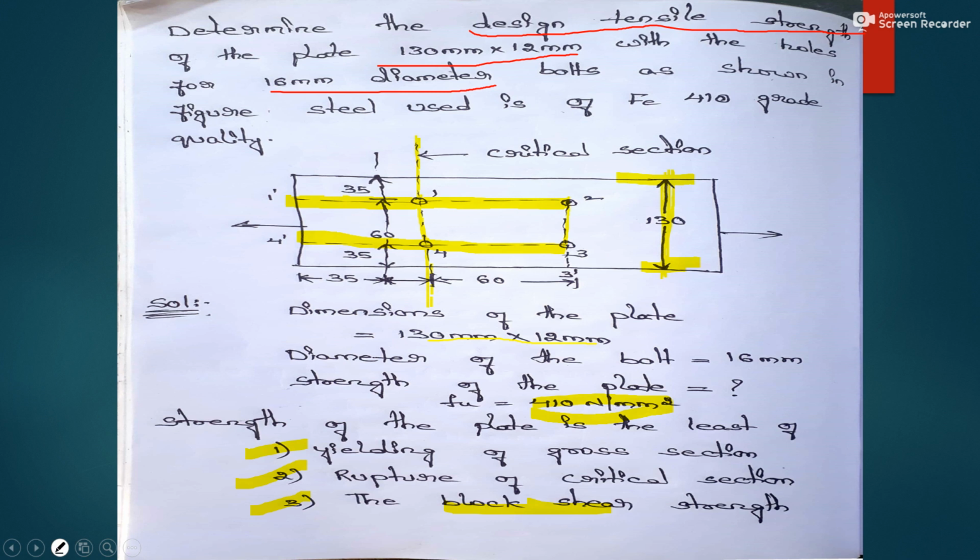Let me change the color. The shear failure will occur in this way, 1, 2 and this 3, 4, whereas tensile is 2, 3. In this way, this is the tension, this is the shear.